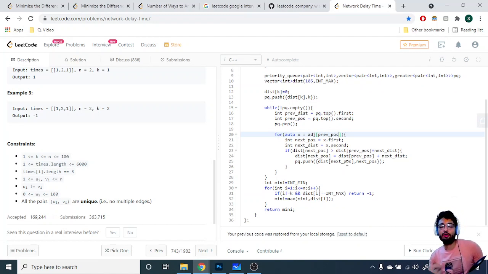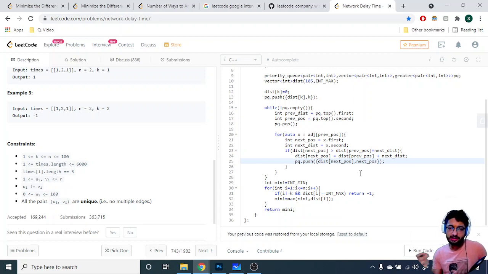Then for all the new nodes, if the distance stored at that particular node is greater than the path we have taken till now, so the next distance means if we have taken the route I am on, we add that plus the weight of the edge through which I am coming, and if that distance is smaller, we update the distance here itself. Because I've updated, I push that updated value back into the priority queue. And that's how we can get all the values from the kth node to all the other nodes. That's how Dijkstra's algorithm is written.